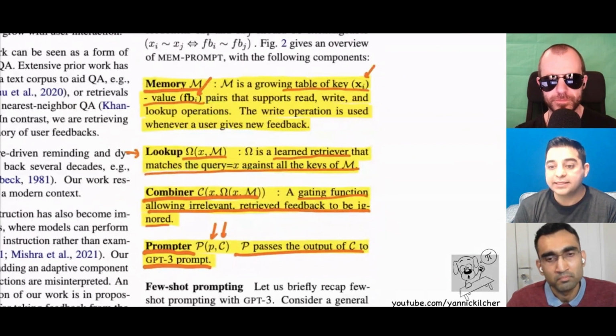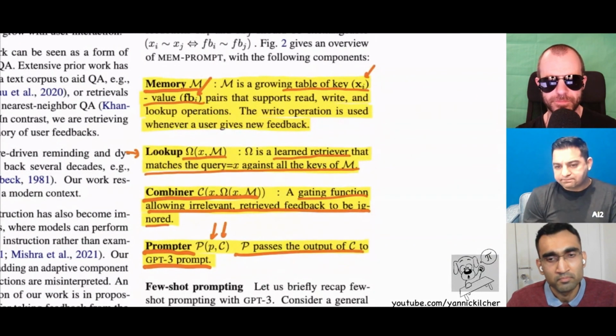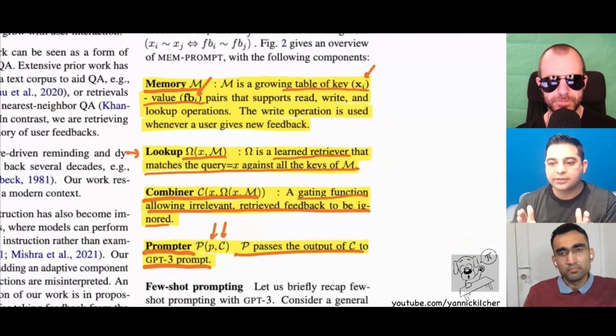Work in progress. And I think there are lots of details where our current system is very primitive, in the sense that it only assumes that the users are really nice, and that they don't give you bad feedback. That's one. It also assumes that you can effectively retrieve from the past, and that's not always the case. There are cases where we are not able to do that. That's why we had to set a higher threshold, where we only get good matches and good feedback, which